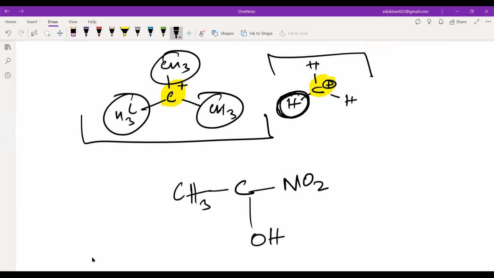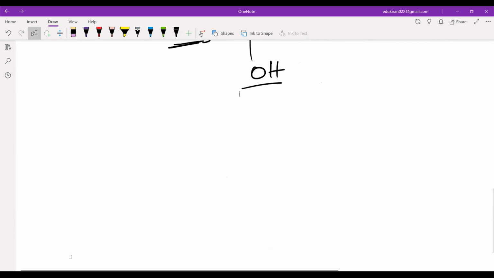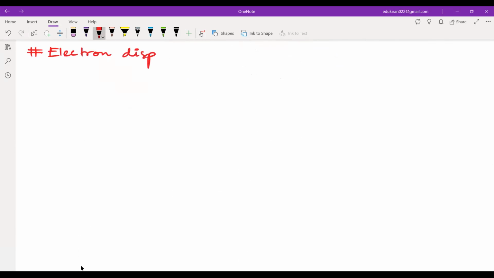So hydrogen is the most base case, the natural case, or I can say the general case, and we will compare if hydrogen is present, or if CH3 is present, or NO2 is present, or OH is present, or any other particular group is present. Now all of these will be conducted in terms of electron displacement effect. So please write the topic, that is electron displacement effects. Electron displacement effect.